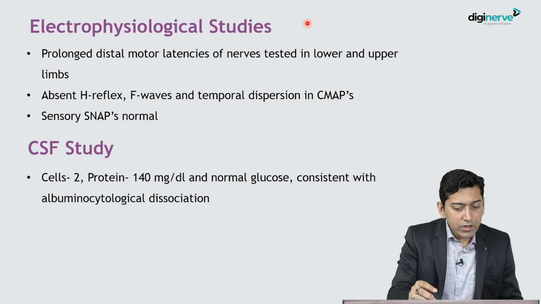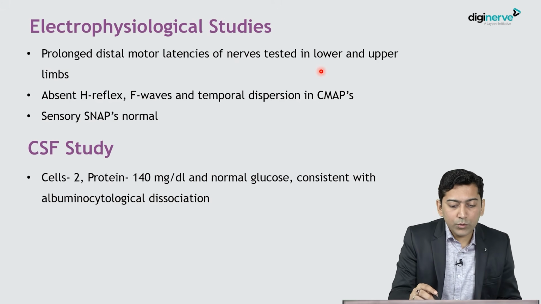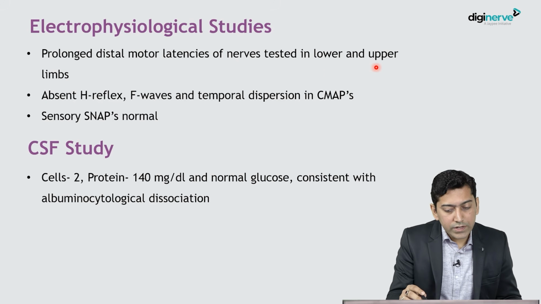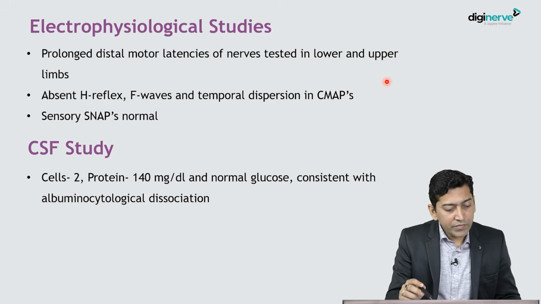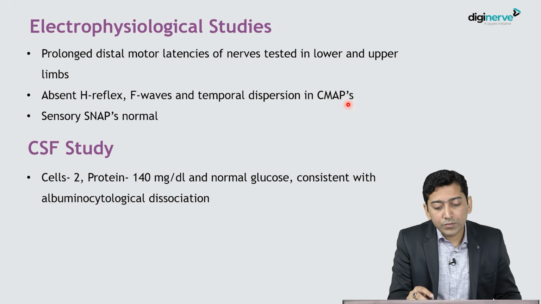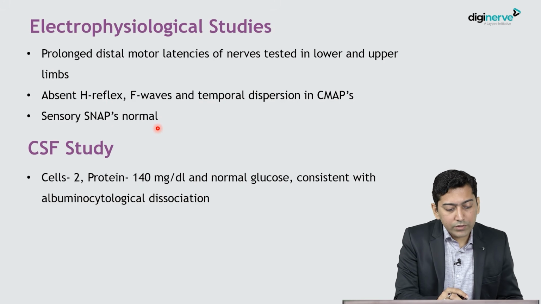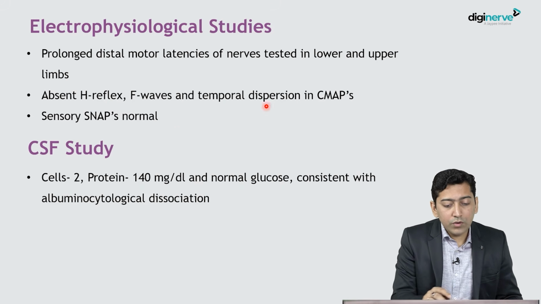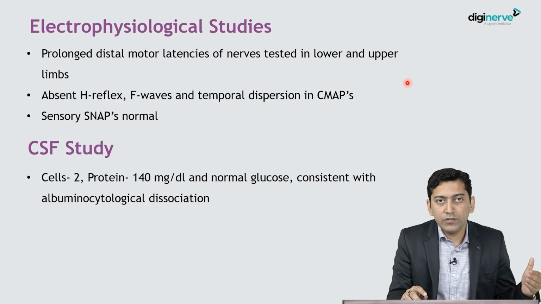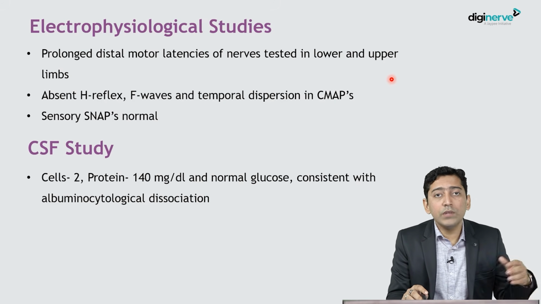So the electrophysiological studies, that is the nerve conduction study, showed prolonged distal motor latencies of nerves tested in lower and upper limbs, absent H reflexes and F waves, along with temporal dispersion in the CMAPs, and sensory SNAPs or sensory nerve action potentials were within normal limits. So we find a predominant motor affection with sensory nerve sparing, and the feature is consistent with a demyelinating pattern